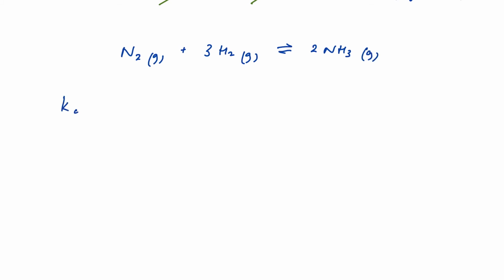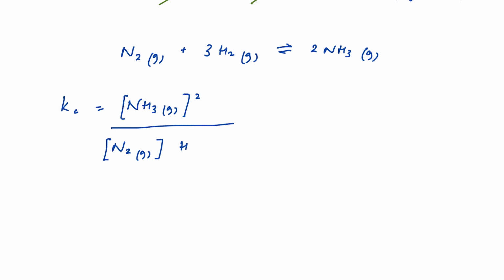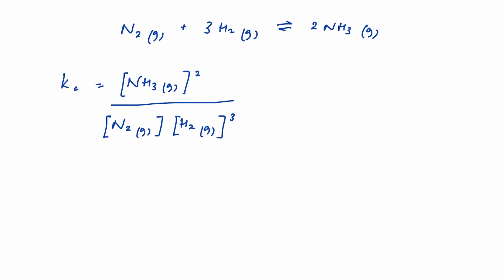Writing our expression for Kc, we have the product, ammonia, raised to the power of 2, and on the reactants we've got nitrogen gas, no coefficient, and hydrogen gas, and we use up 3 moles of hydrogen, so we need to raise that to the power of 3. If we convert that into units, I've got 2 lots of moles per decimeter cubed